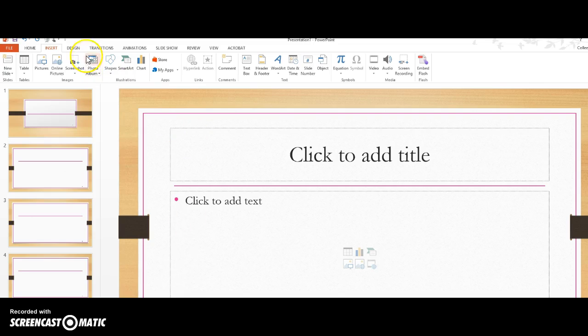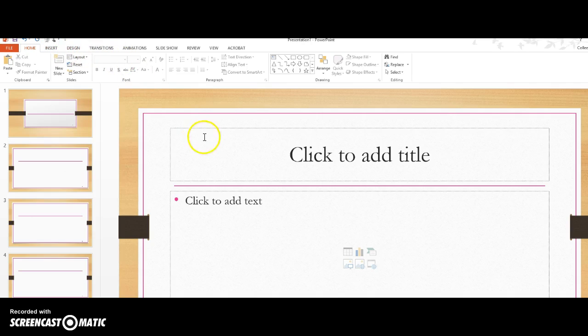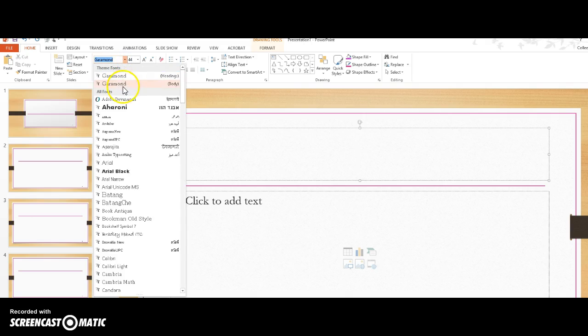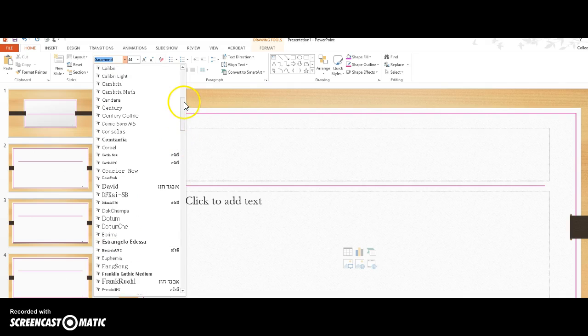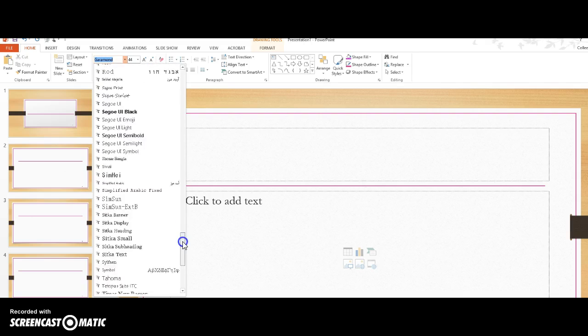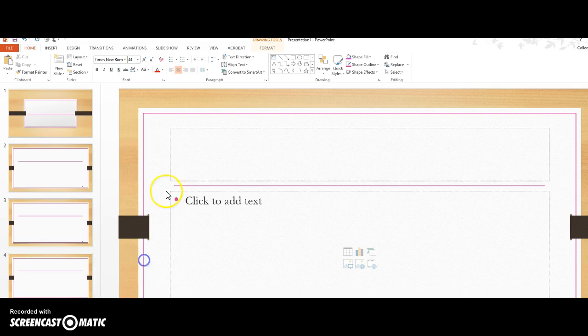So very much like Word, if you go to your Home tab and you highlight the box that you want to type in, you see that all of this becomes available. And you pick a font that you want to use. My favorite font is Times New Roman because that's what APA likes, and therefore that is what I use. Over here is the size. Now for this beginning one, this will be the first